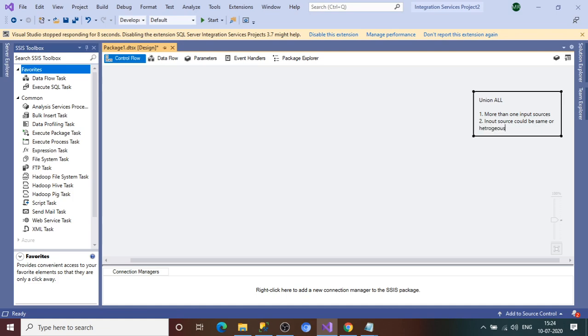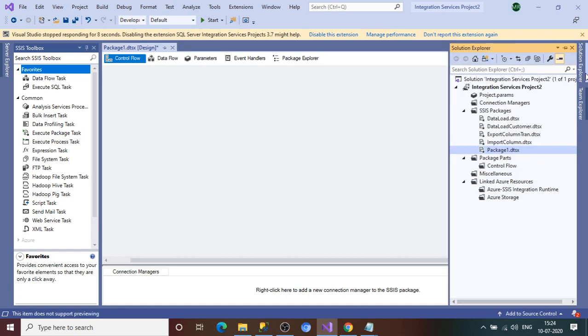When I say heterogeneous, it means that one input source could be a flat file and another input source could be an OLEDB. That means heterogeneous input sources. Now let's create a project and use the Union All.